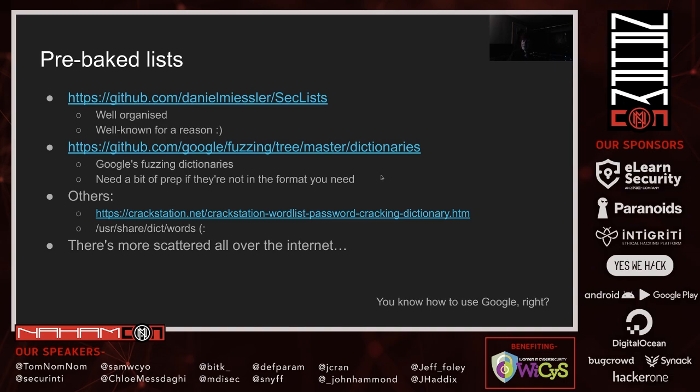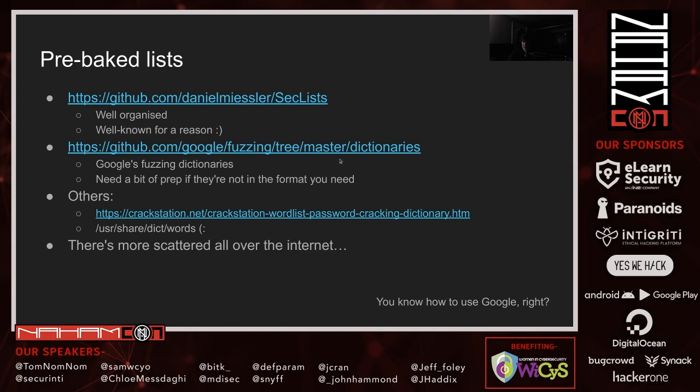One of the places you can get word lists from is the internet. There are a few that are very popular and with good reason. SecLists is probably the most used among bug bounty hunters, if I had to guess. It's well organized into different categories depending on what you want to use the word list for, and there's a lot of coverage as well, so really good lists. Quite recently, Google have released some of their fuzzing dictionaries. I've been playing with those a little bit. They seem to be quite good.